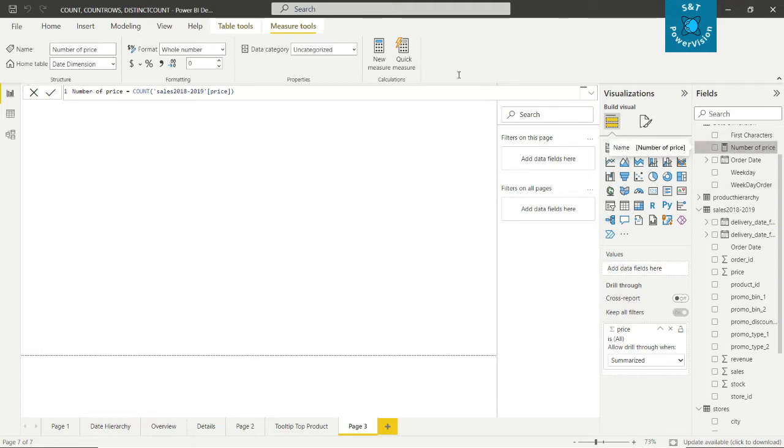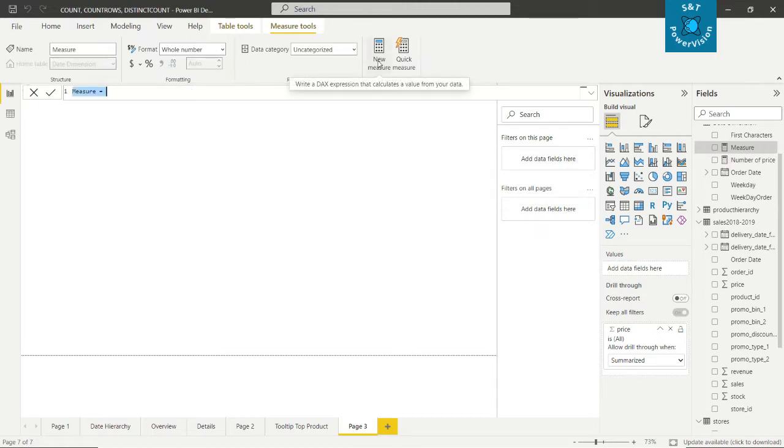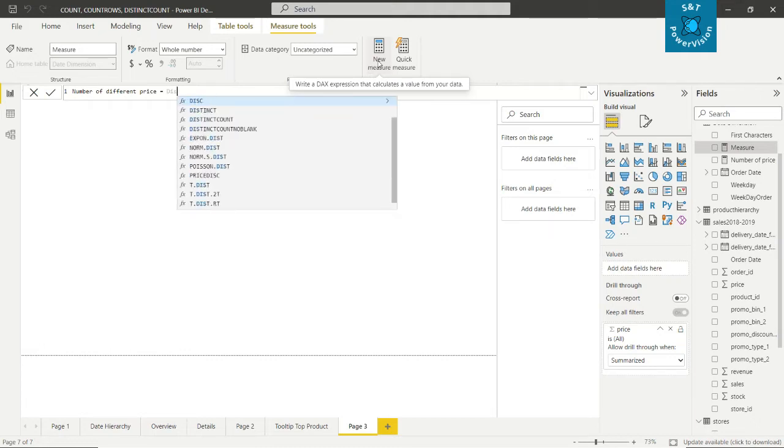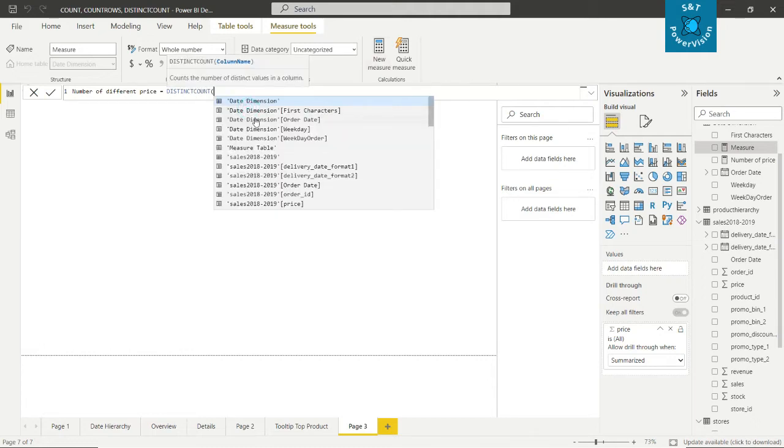This measure has been created here. Now take one more measure, number of distinct count, with the format sales 2018-19 price.